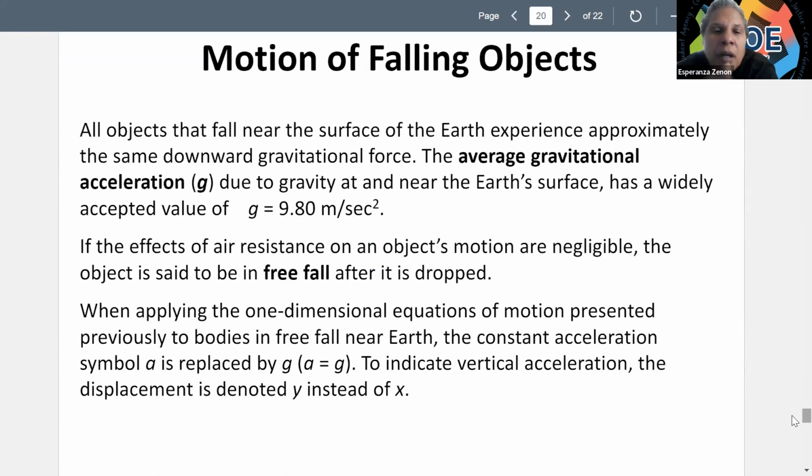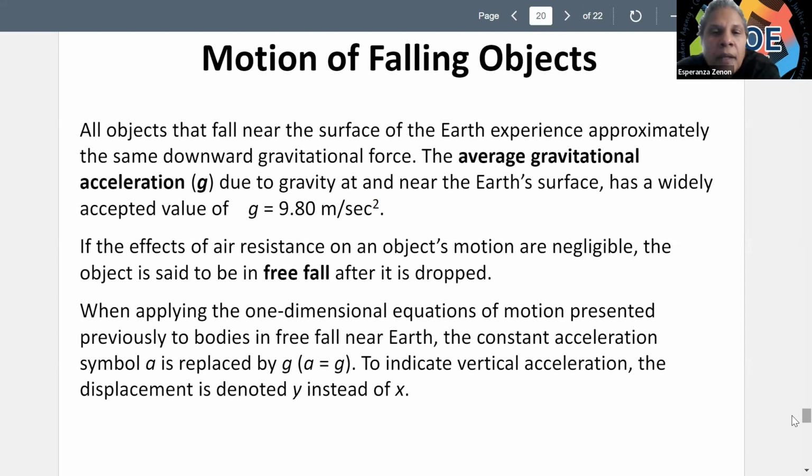What about when the object is falling? As I mentioned, free fall is an example of 1D motion in the vertical direction, and this is constant acceleration because gravity is constant. Gravity controls the vertical motion of an object. And when gravity is the only thing controlling the vertical motion of an object, we call